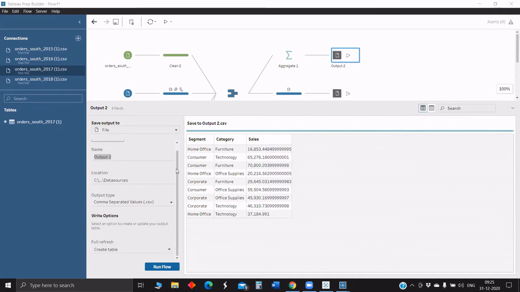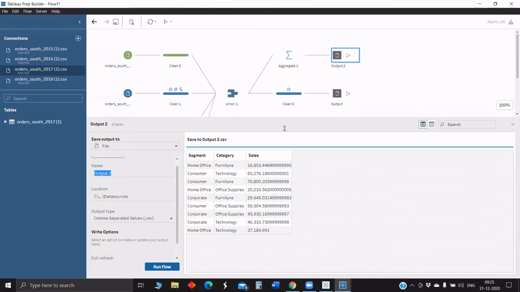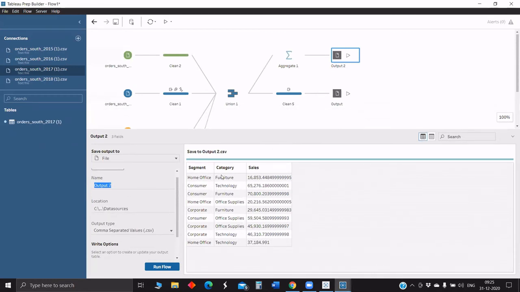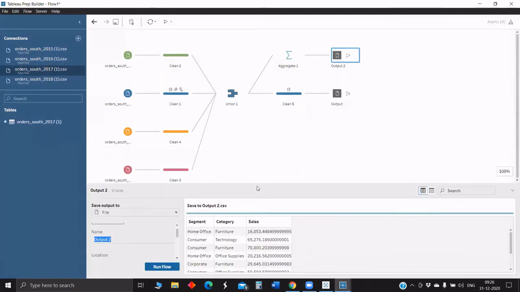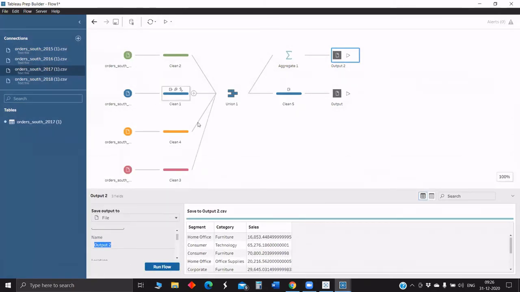Anyway, though we have granular data, we can achieve this type of data structure using LOD. But still, to give the feel of where we can use aggregate, I have added this step. So this is the path of the flow, and maybe this is one of the examples I plan to cover.